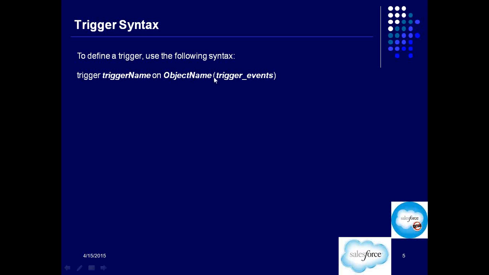If you want your trigger to be executed on opportunities, then you should write opportunity here. And then within brackets you write the trigger event. What is the trigger event? Whether you want the code to be executed on an insert operation, an update or a delete. When do you want the trigger to get executed? When a record in account is getting created or edited or deleted, something like this.